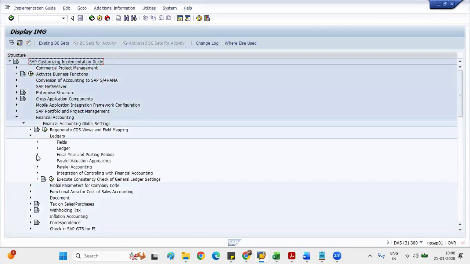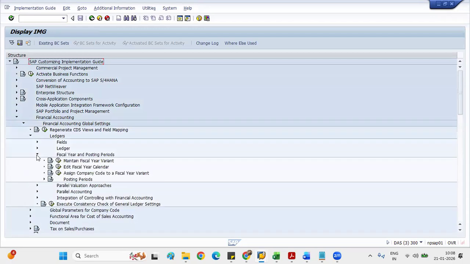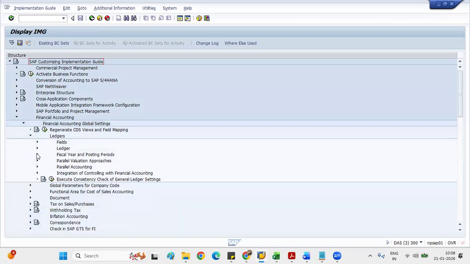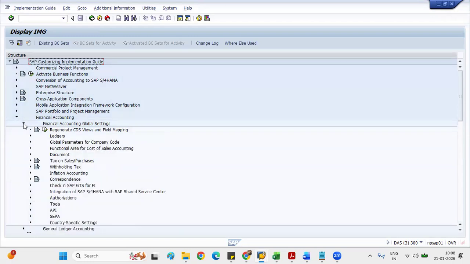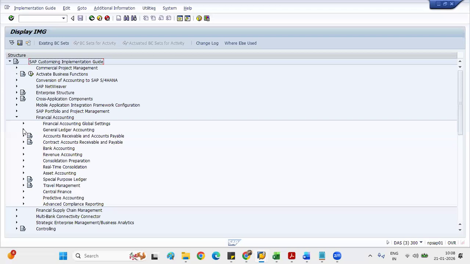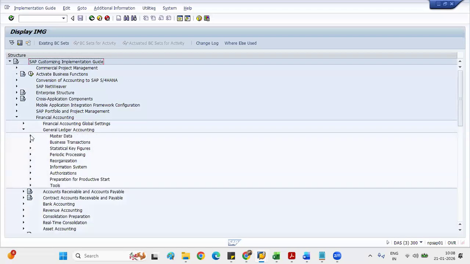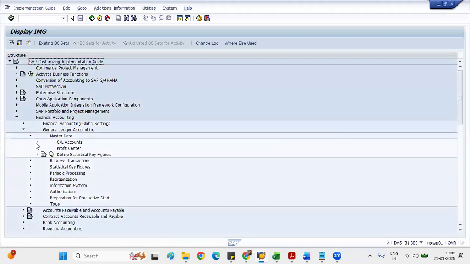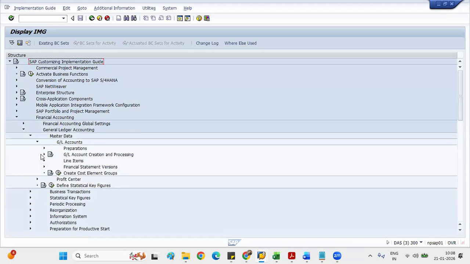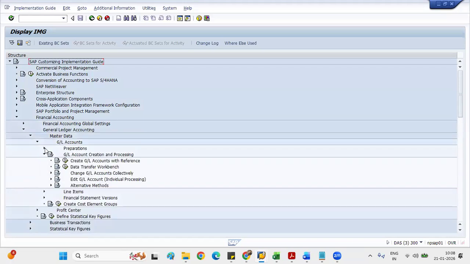ledgers, fiscal year and posting period. Not fiscal year, sorry, my bad. Not in ledger. It should come in general ledger accounting. In general ledger accounting, master data, GL account. Okay, GL preparation,